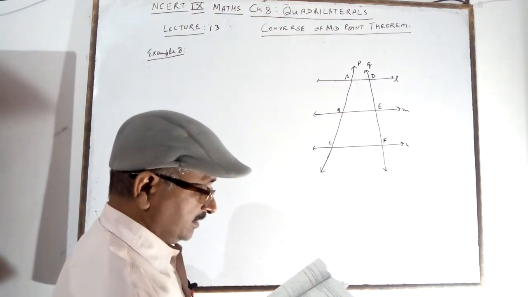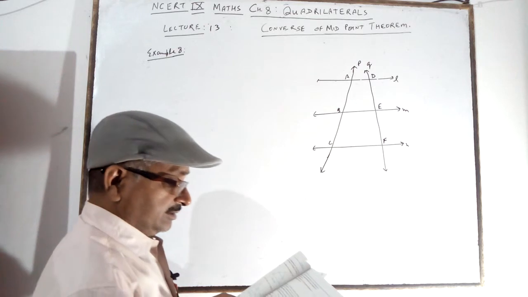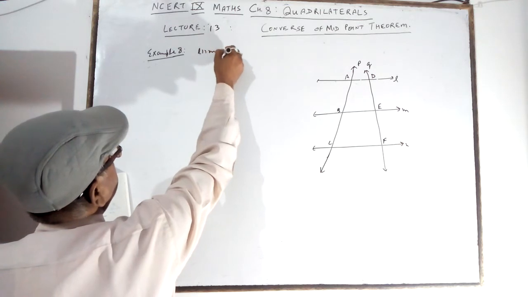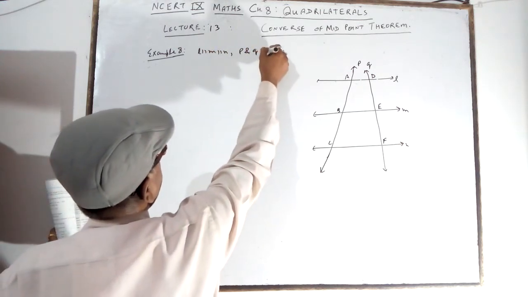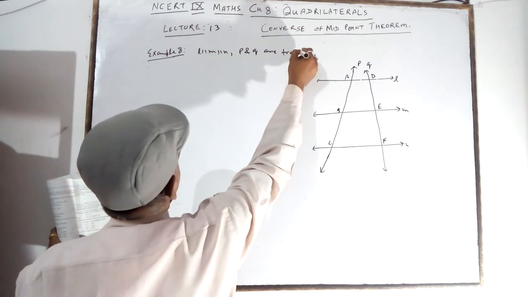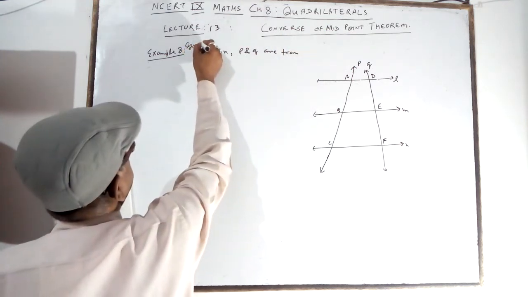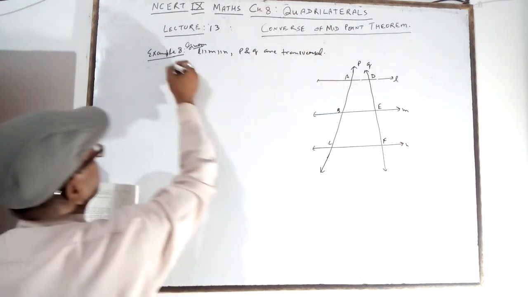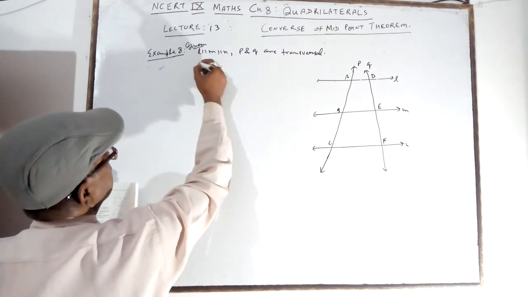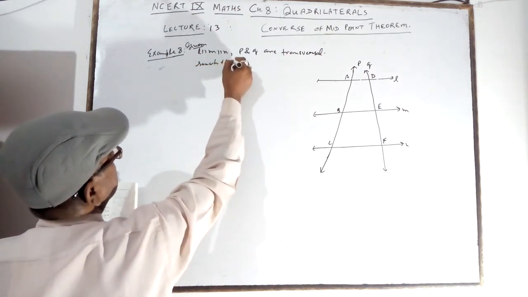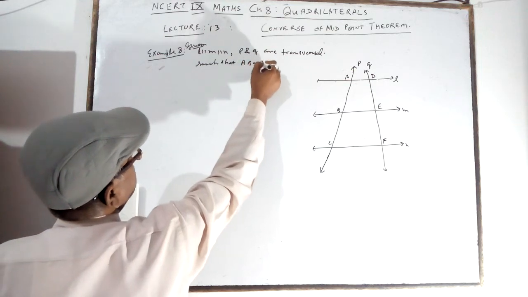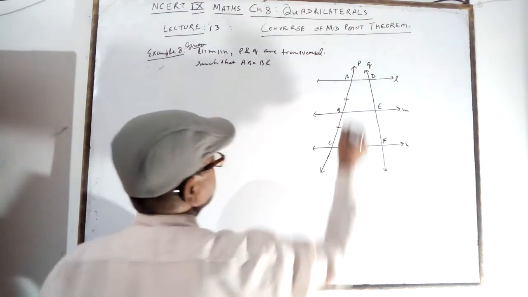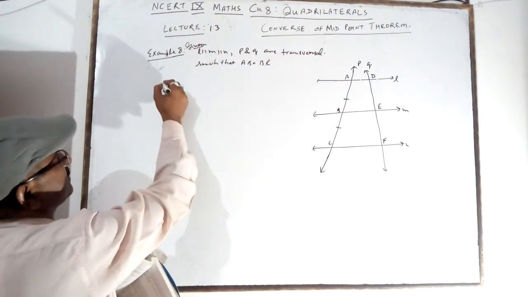Here you want AB intersects... because L parallel M parallel N is given, and P and Q are transversals, it is given. Heading is what? Given: transversals such that AB is equal to BC. These two are given equal. Equal intercept. To prove: